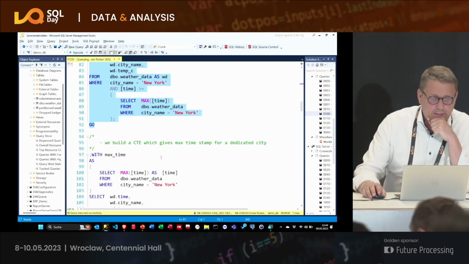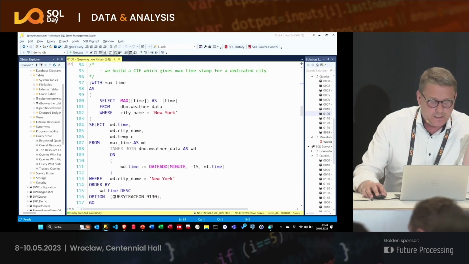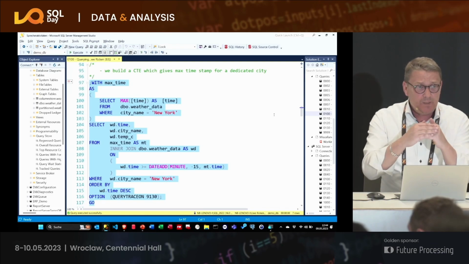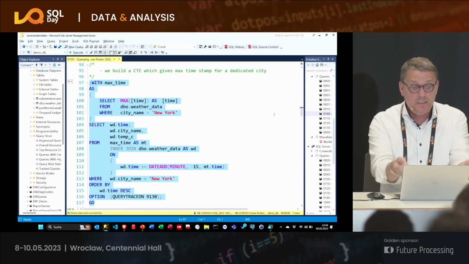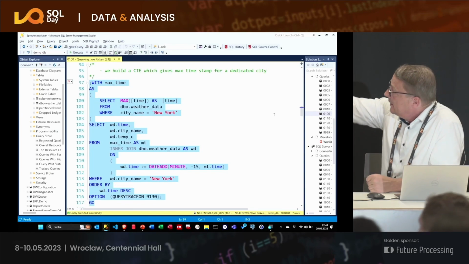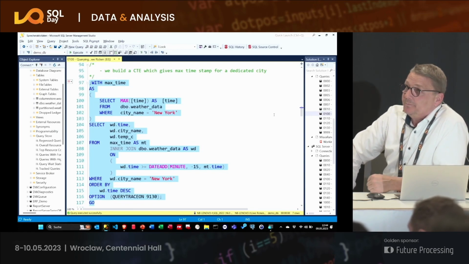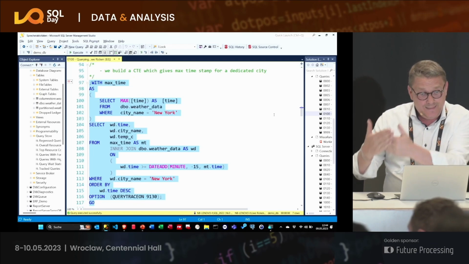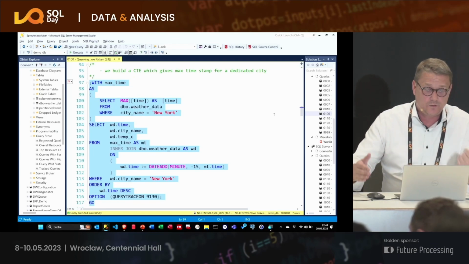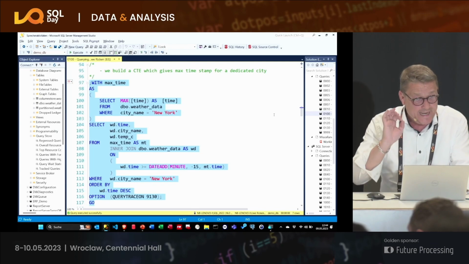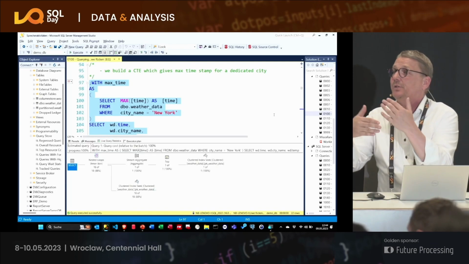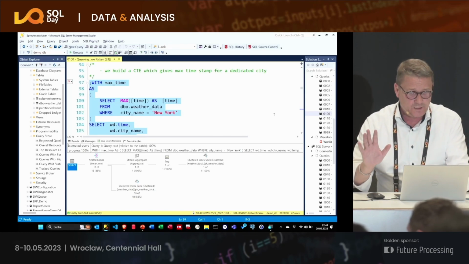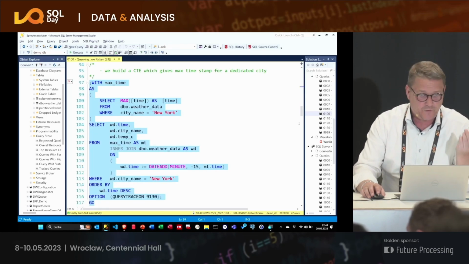Okay, see how you can deal with that exactly the same way. Here, I say, give me the max time, and then use that with an inner join, in the join clause, where I say the time must be greater or equal to the max. That is exactly the same. So whether you're using subqueries or CTEs, it's not a performance issue. It's only something you prefer.